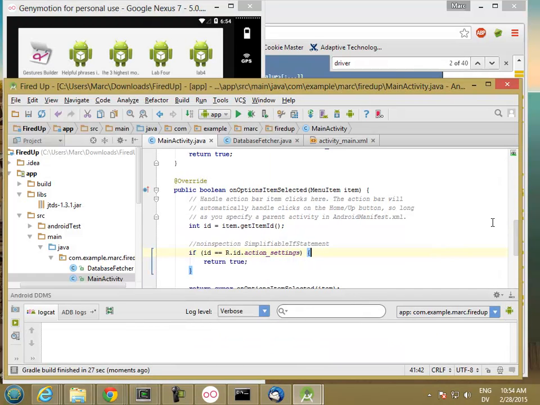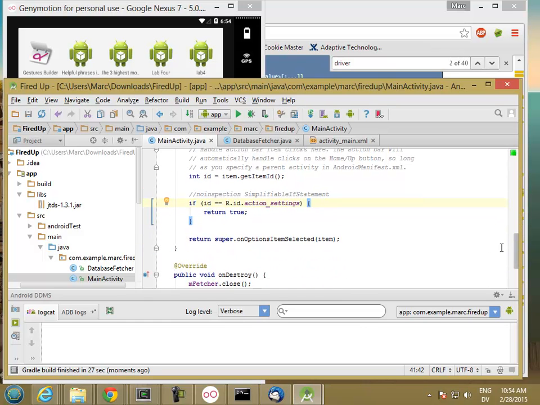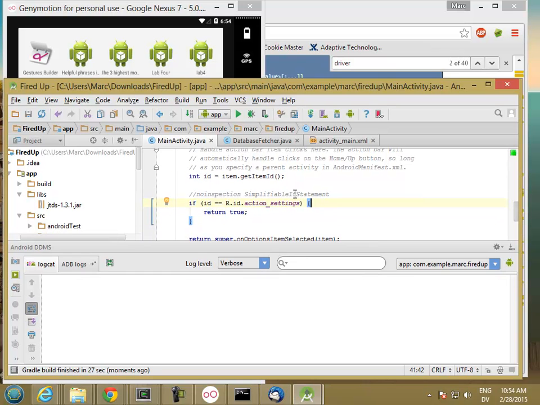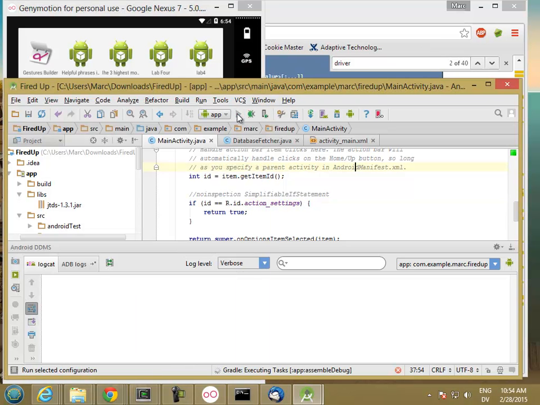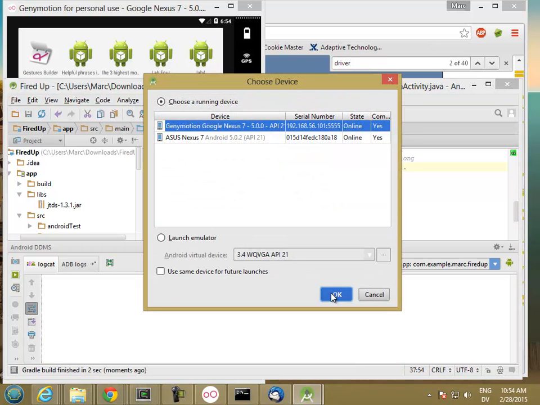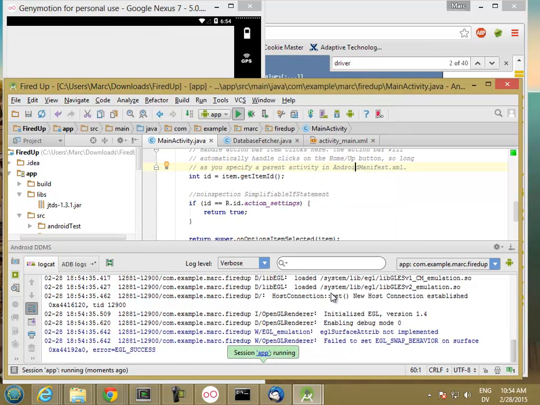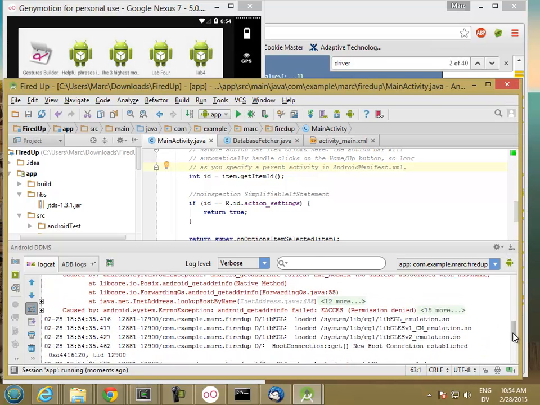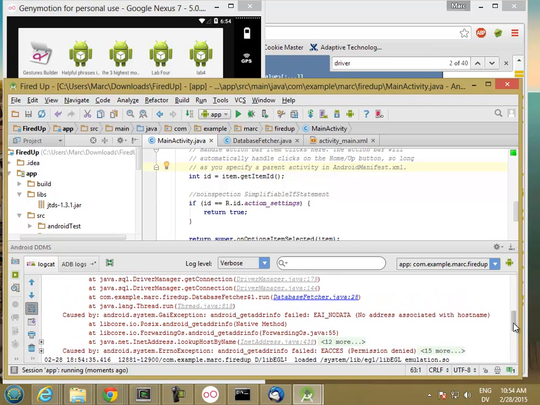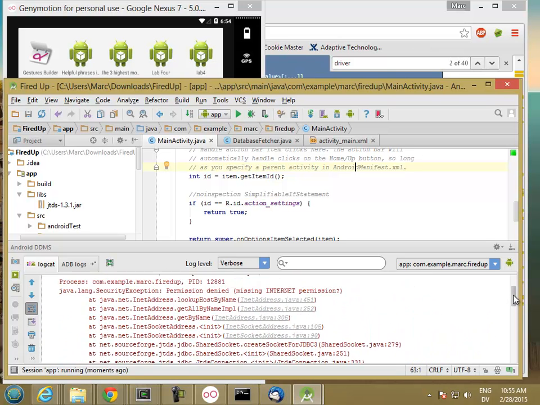Okay, so I didn't get any log messages here. So let me try it again. All right, so I think I got an error. Let's see what I got. Oh, no address associated with host name. Okay, so I might have gotten the wrong